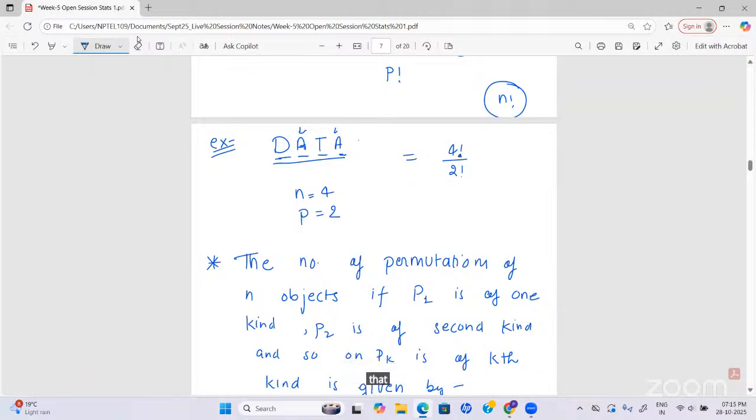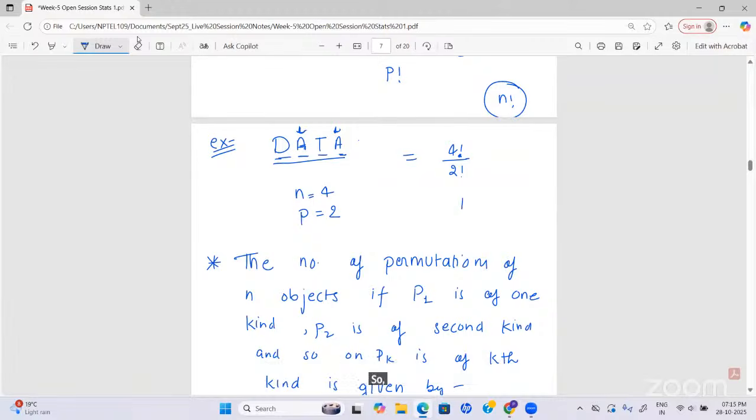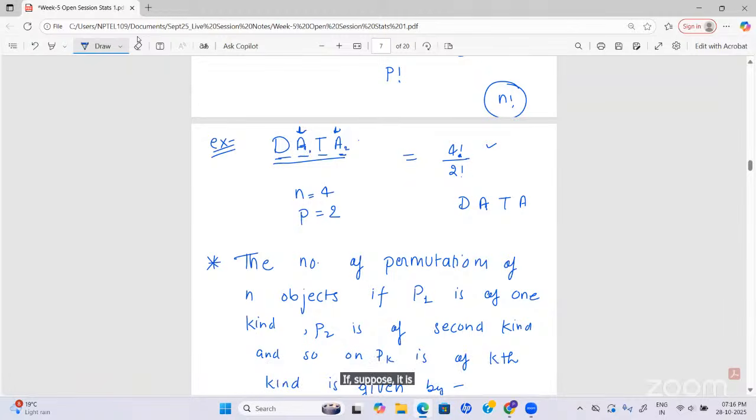Then you can see that this letter is actually repeating itself. So for the numerator case, we are considering for a while that these two A letters are distinct, different things. Suppose they are A1 and A2. Now you have four items that you have to arrange, so we can do that in 4 factorial ways. Now, the actual thing is,